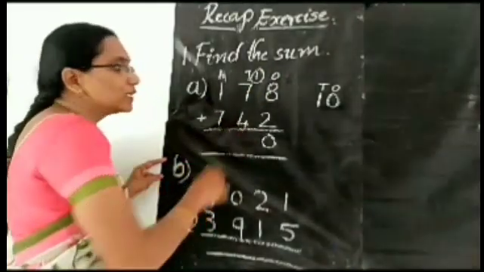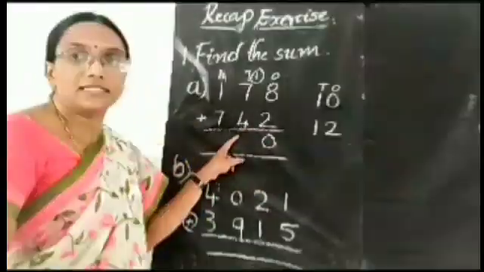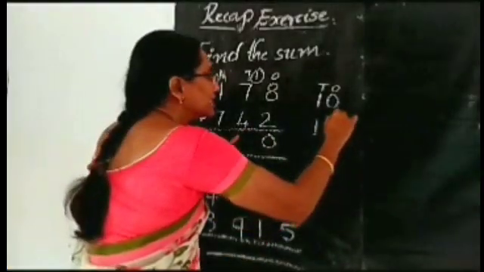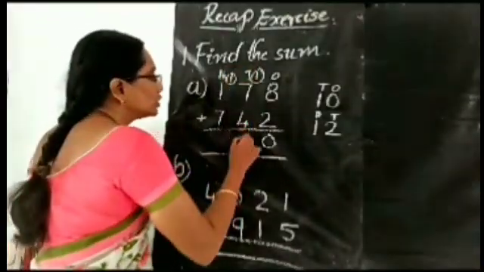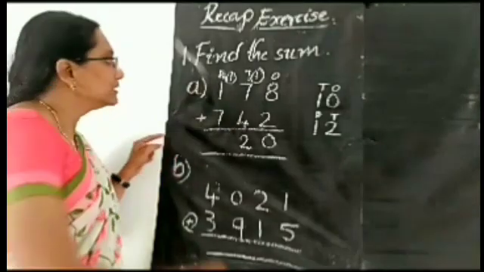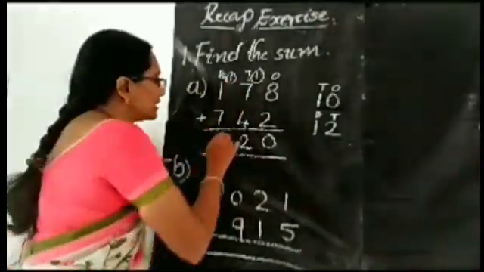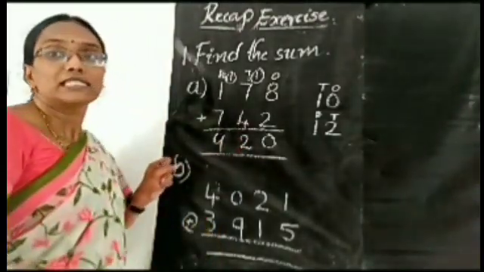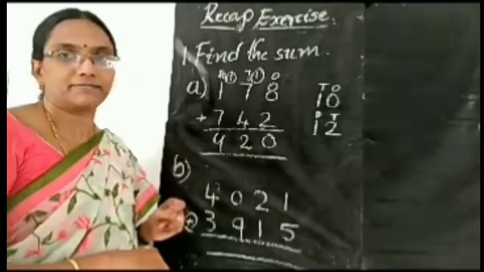8 plus 4 is 12. And the sum is here in the tens place. So tens and hundreds, right? 1 in the hundreds place, 2 in the tens place. Okay. Come to the hundreds place. 1 plus 1 is 2. 2 plus 7 is 9. So the sum of these two numbers is 920.